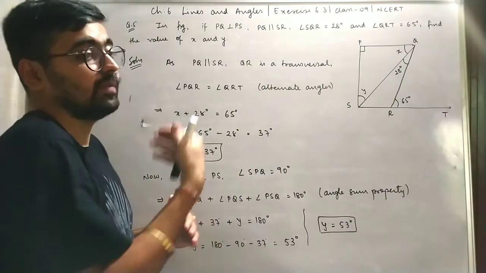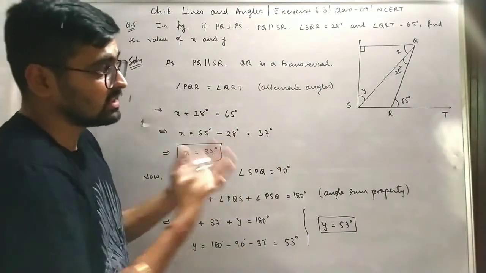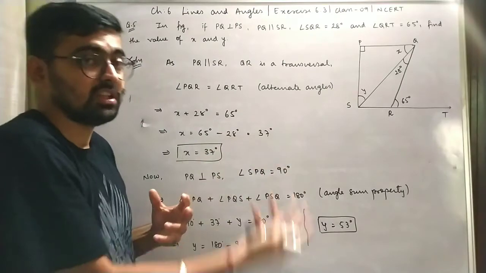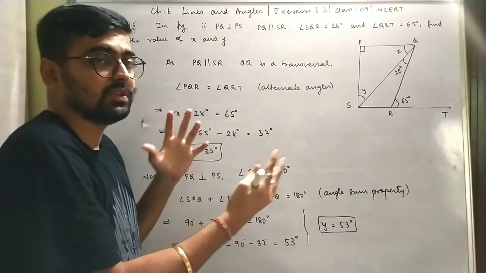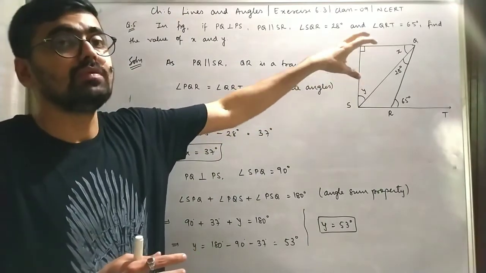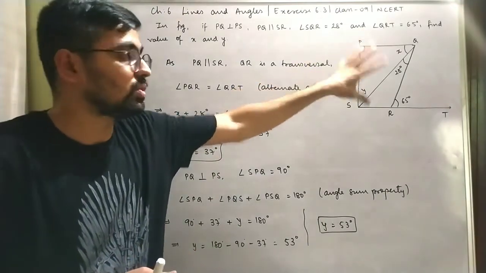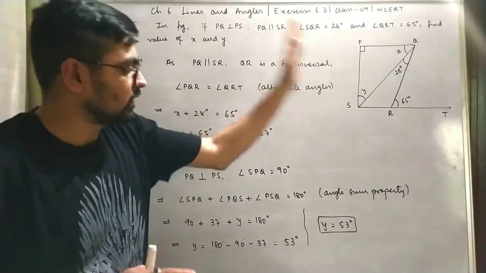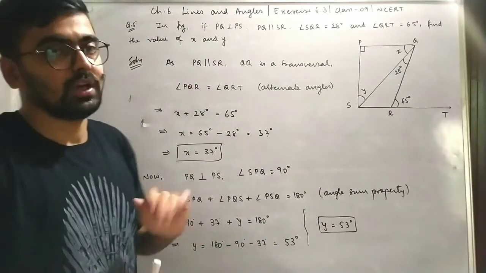Exterior angle कहाँ है, interior angle कहाँ है, angle sum property कैसे लगेगी, which are the alternate angles. All the concepts which we have understood should be clear in our mind, so that we can easily visualize in the particular question. Am I clear? You can pause the video and note it down.